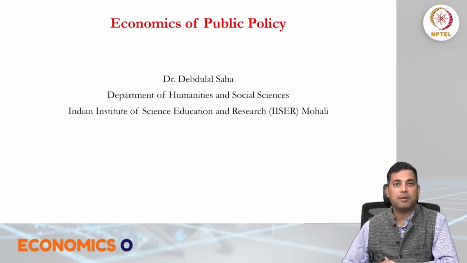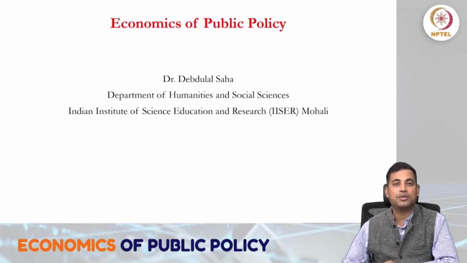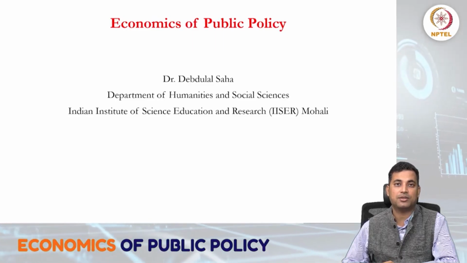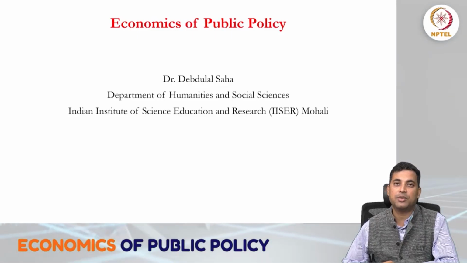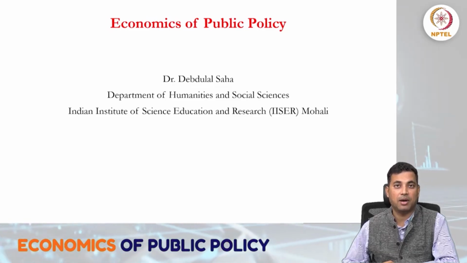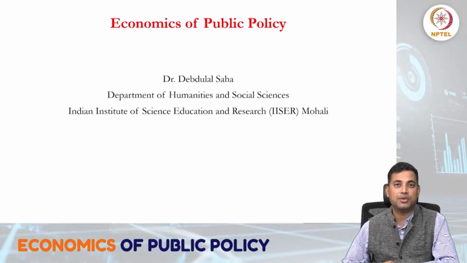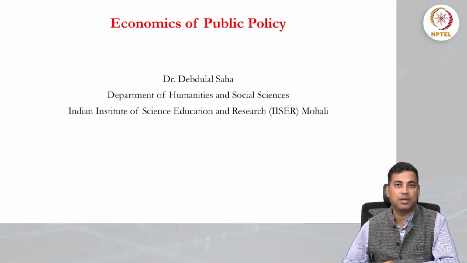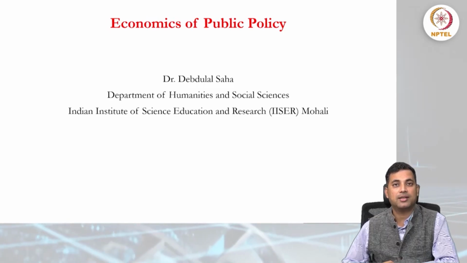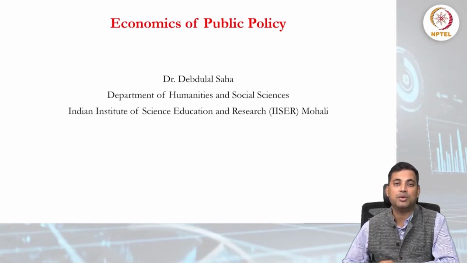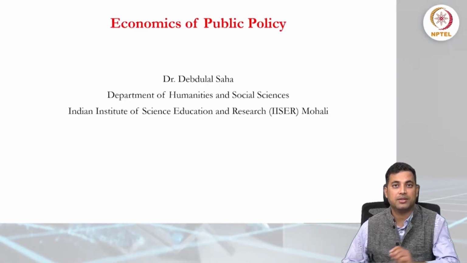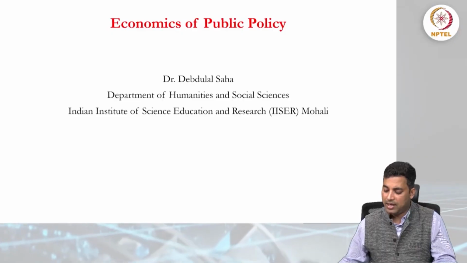Hello everyone, welcome back to my lecture. So today we are going to continue our discussion on the tax incidence, but not in the context of perfect competitive markets. Today we are going to talk about what happens in imperfect competitive markets, if tax is imposed on either the consumer or the producers through the commodity. So how tax gets split between the two, or how the tax burden is shared between consumer and producers. So let's begin our discussion.